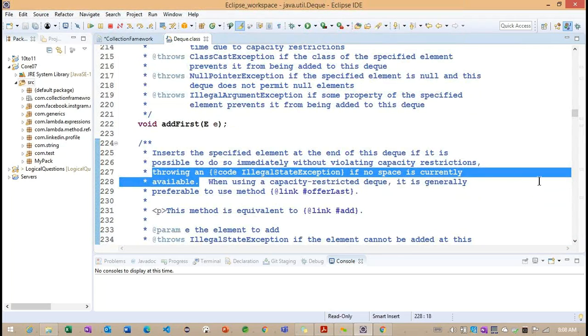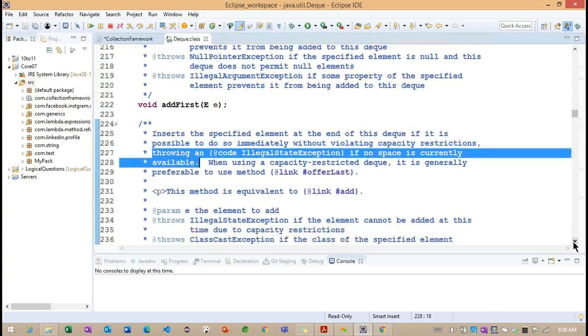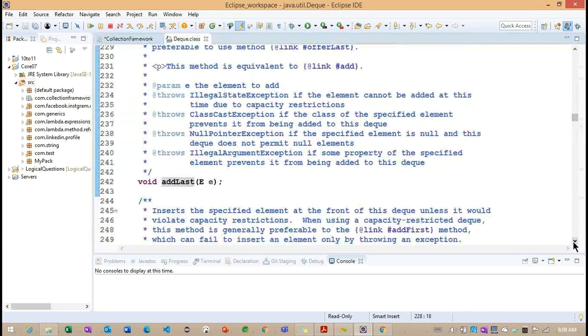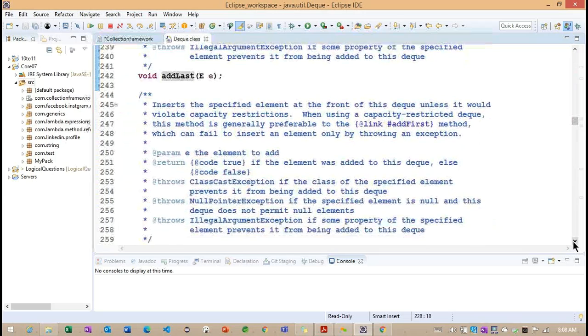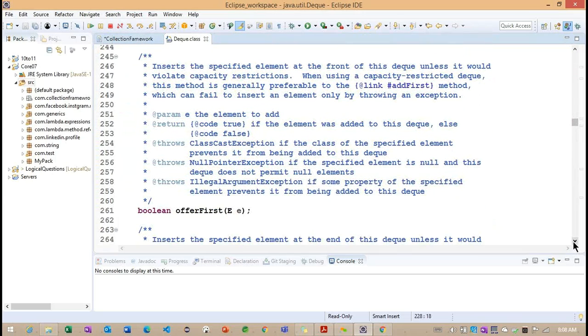And we need to focus on the other methods here. addLast we identified. Next, offerFirst. Getting the point. So offer-related methods are not going to throw any exception. They will simply return false here.